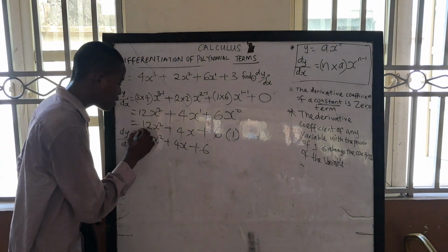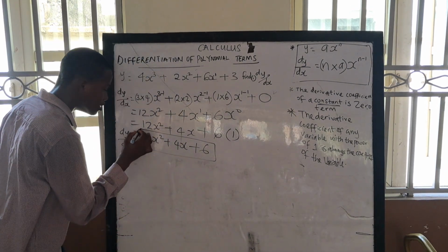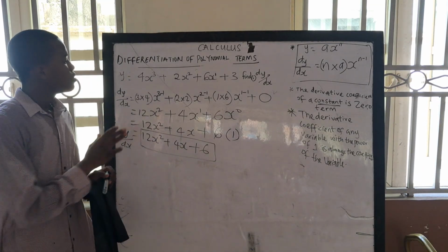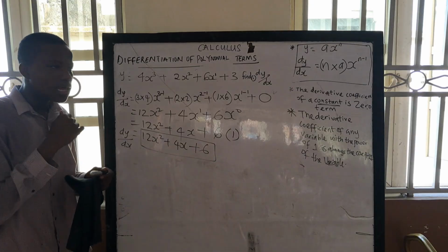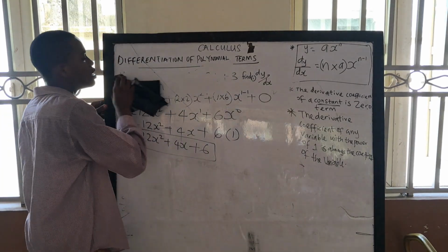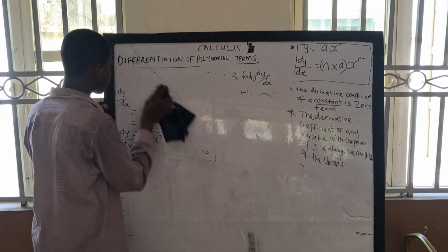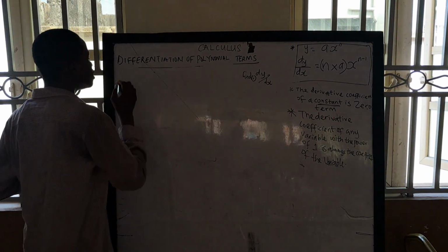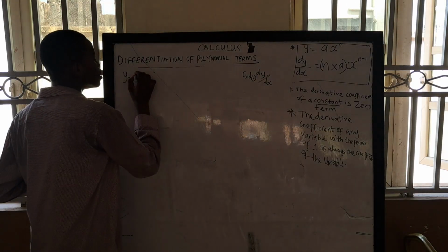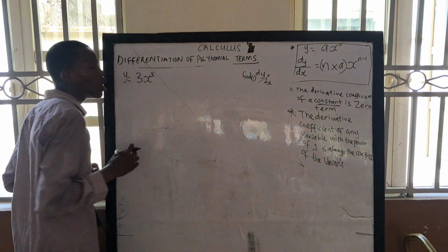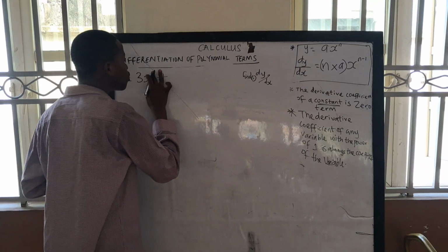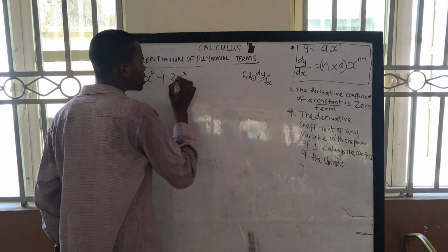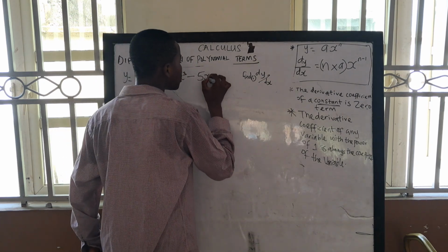Can you see? Quite easily done. Very easy. Do you see it? Very easy. Differentiate with respect to x. Let's take another example. If you have y to be 3x cubed, now we're moving to a more complex one, okay: 3x raised to the power 4 plus 2x raised to the power 3 minus 5x squared minus